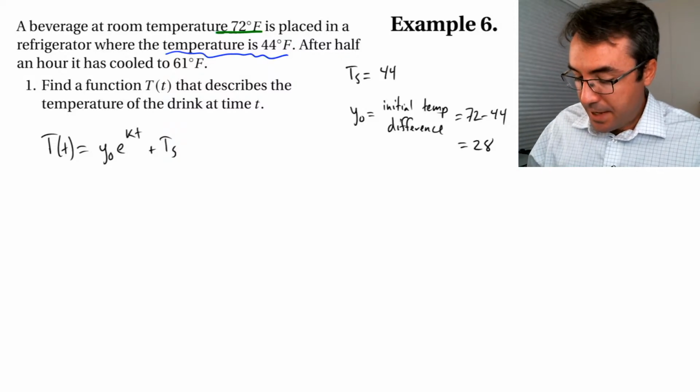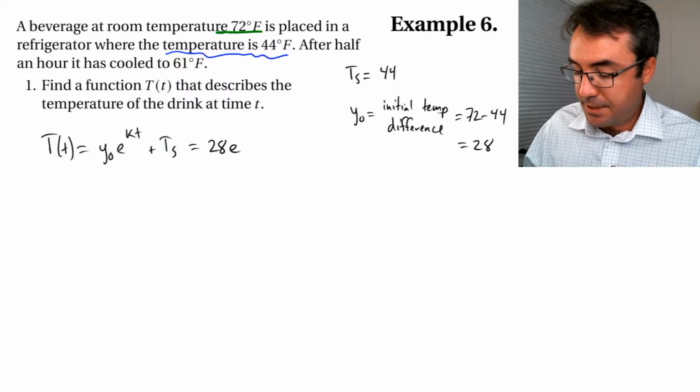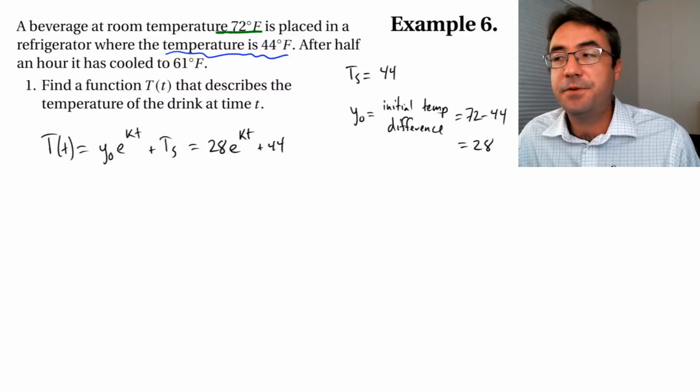All right, so let's fill all that in. Our formula is 28 e to the power kt plus 44. And so the only thing that's left to figure out then,